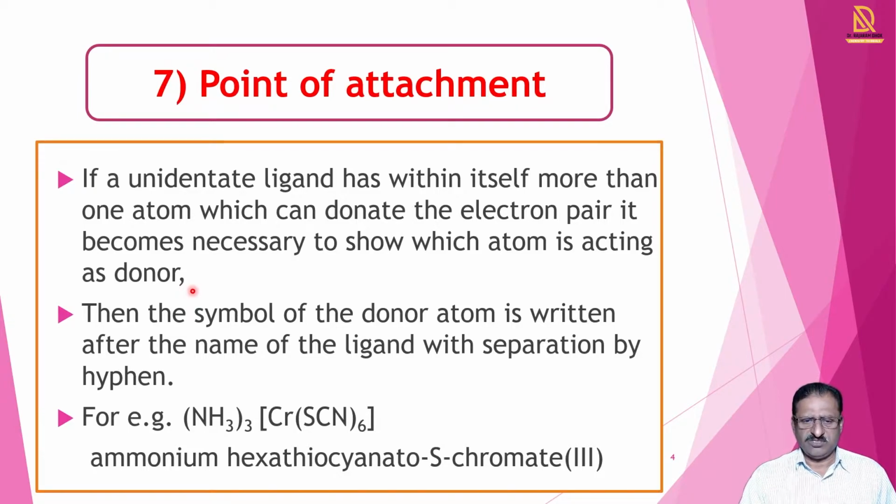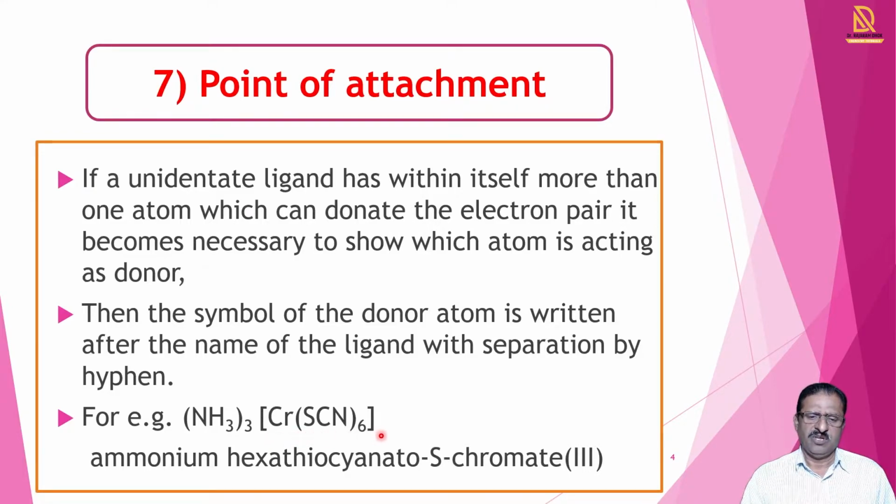In that case, which donor atom is attached to the metal is shown by the point of attachment. When we show this point of attachment, we write the name of that ligand, and its connection with the metal is shown by a dot. For that purpose, we take a simple example, [Cr(NH3)3